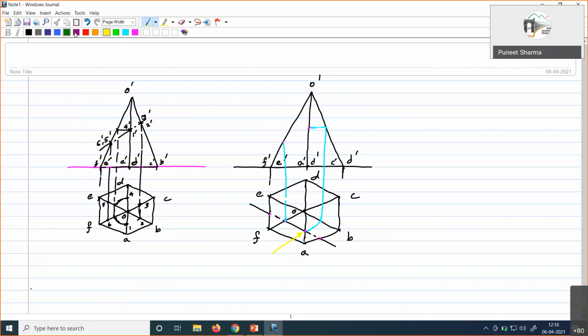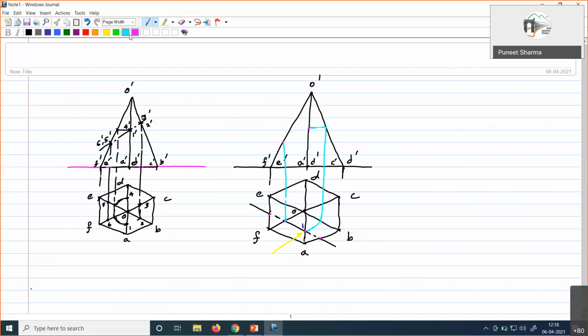The name I have not given, it should be given. Suppose we call it 1. So this O1 is to be marked rather than on OA, on OB, or it can be done on OF, right? Or any other edge which is not giving a view perpendicular to XY line. So we mark this on OB, right?